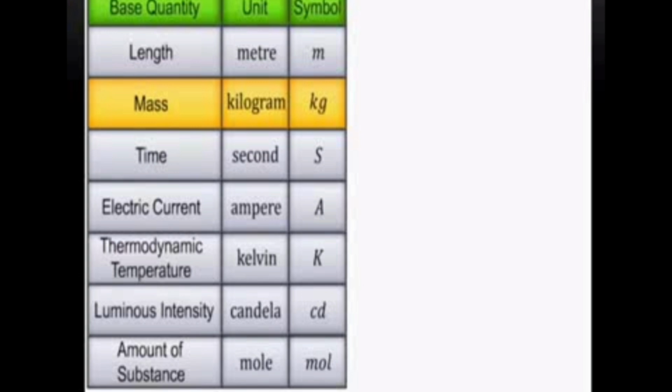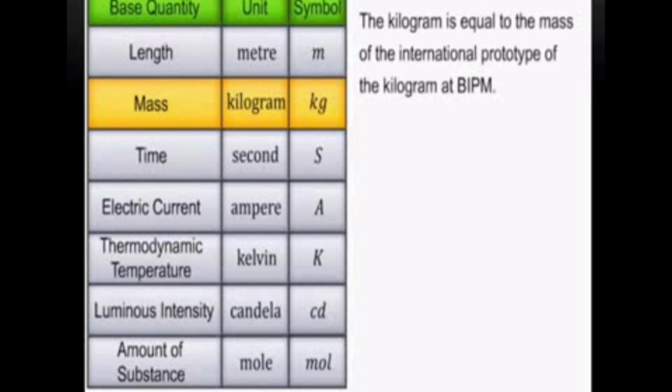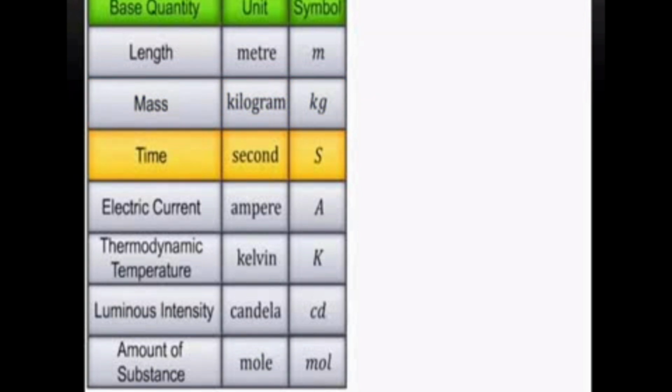Next is mass, unit kilogram, symbol kg. The kilogram is equal to the mass of the international prototype of the kilogram at the BIPM. The BIPM is the International Bureau of Weights and Measures, near Paris in France. So we kept that 1 kilogram standard, which is equal to 1 kilogram. Then the third one is time. The unit of time is the second, denoted by the letter s. Then 1 second is defined as the